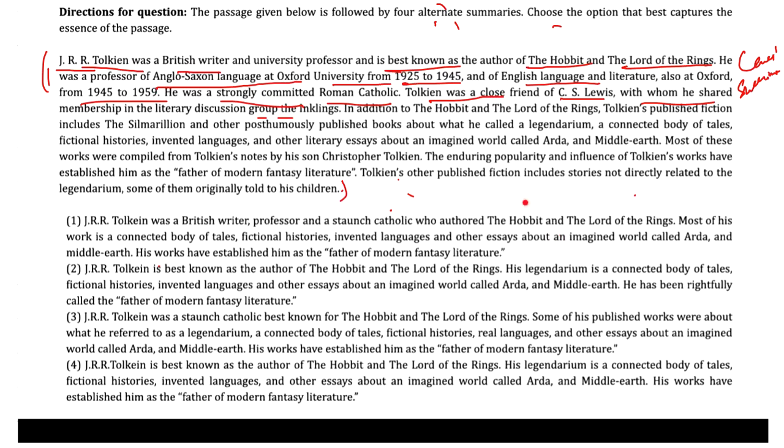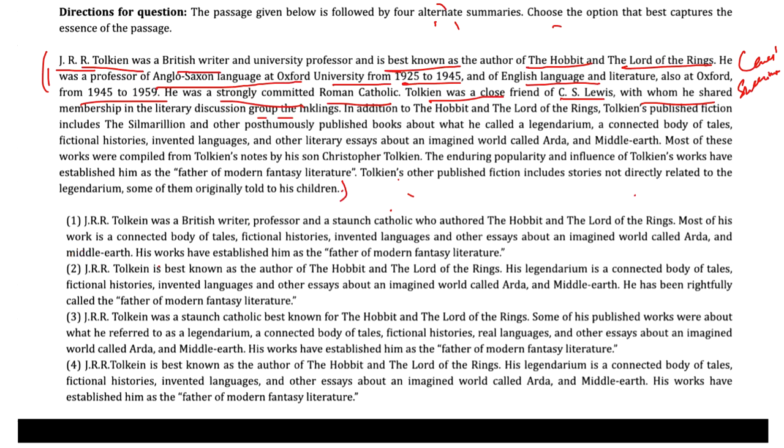Now, if I go for the options and try to find out which of the options is correct, the essential elements should include the fact that Tolkien authored The Hobbit and The Lord of the Rings, what the legendarium is about,